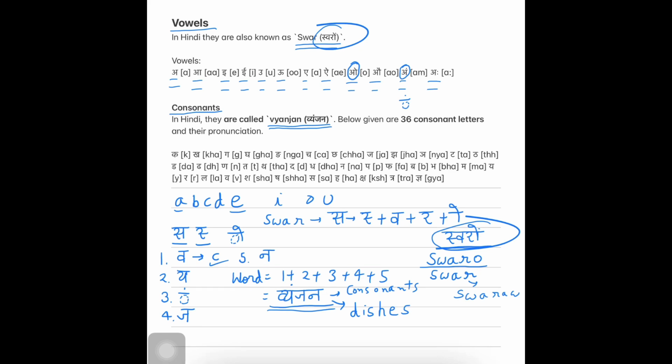So more commonly Vyanjan is used for dishes. However, the consonants also mean Vyanjan. So now there are 36 Vyanjans in Hindi language, which are,